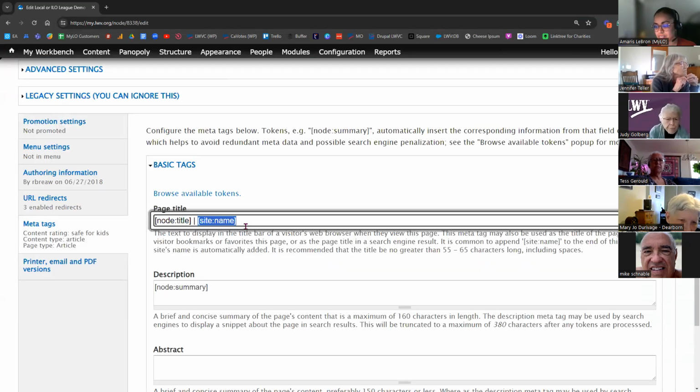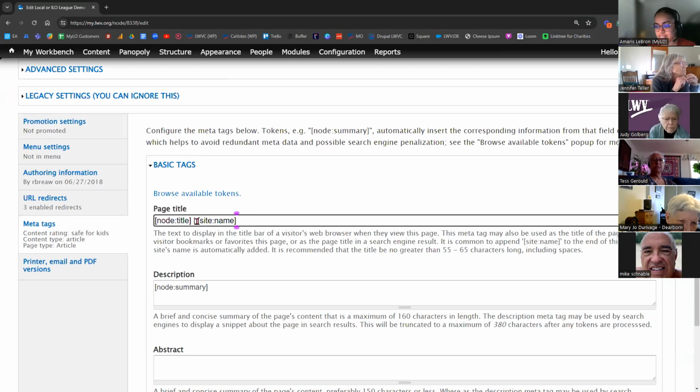And so this token gets put in there by default. So the site name is always going to be MyLO because that's just what our site is called. If you wanted to get rid of it, you can. You could replace it with, well,